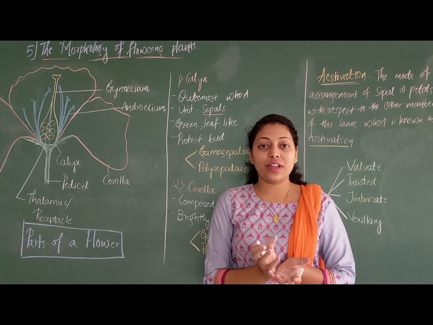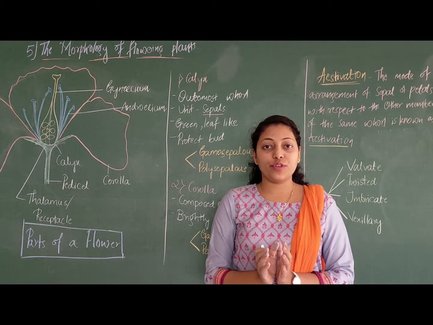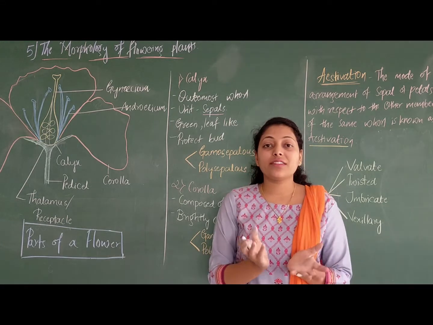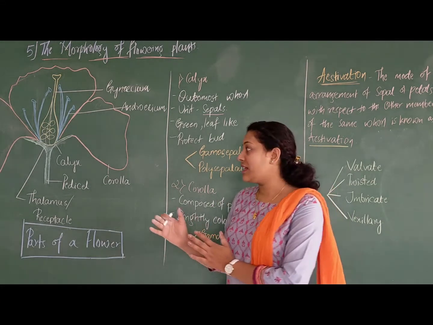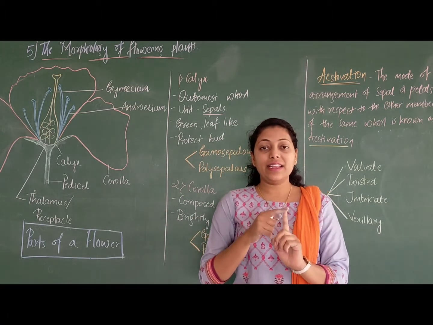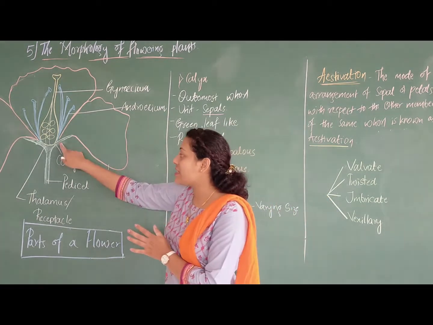Okay, different parts of a flower, how it looks, and apart from this is very compulsory for you because it will be very helpful for you to analyze where the different parts are situated in a flower. Okay, so when we studied, we saw that a flower consists of 4 whorls: calyx, corolla, androecium and gynoecium. So here we can mark this one as the calyx.